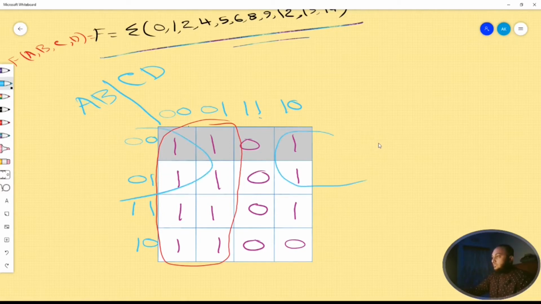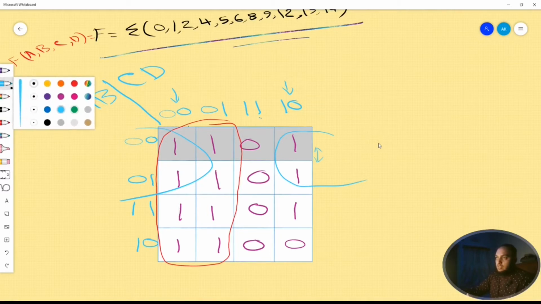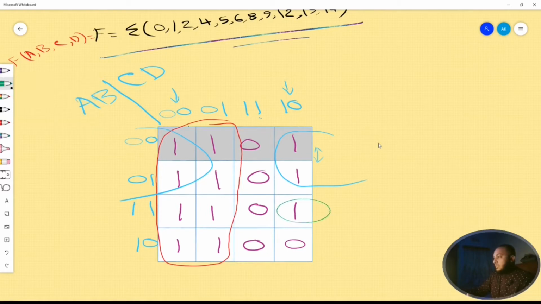with these 4 elements, because we know that this column and this column, they are adjacent to each other, and also these 2 rows are adjacent to each other. So we need to form the group like this: these 2 elements and these 2 elements. This is the group, and then we can have another group having only 1 member, but again we can't form this because we have 2 possible members.